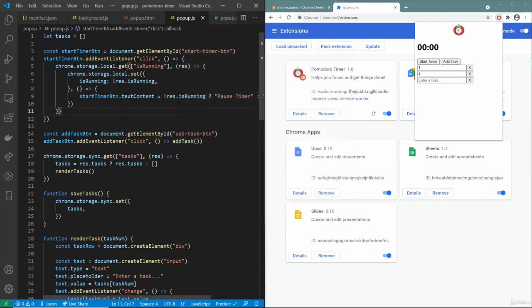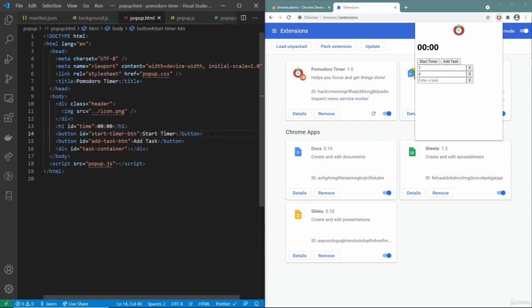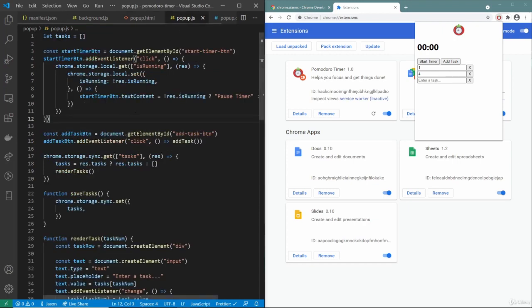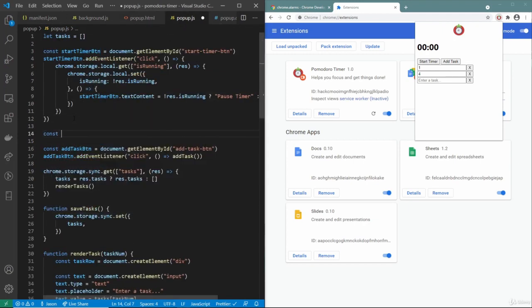So the next thing we'll want to do is implement our reset timer button. Since that should be a pretty simple change, we should just reset the value of our timer and set isRunning to equal false. So inside of our pop-up, let's add in that button. We can just copy this button over, name it reset timer instead. We'll save this HTML, and right below here, do a reset timer button, and we'll do a document get element by ID again. Reset timer button,